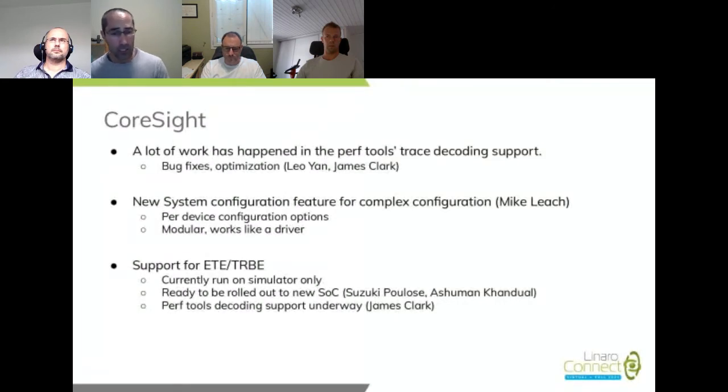James Clark is currently working on adding support for the perf tools. There are patches floating on the mailing list, and that should be happening in the coming months that we close in on this feature. If we move on to the RPMsg